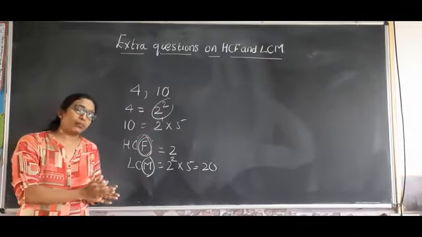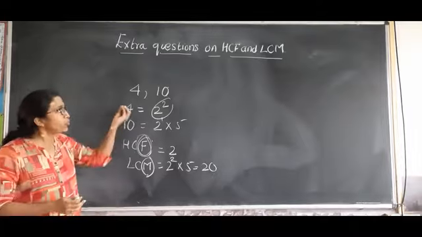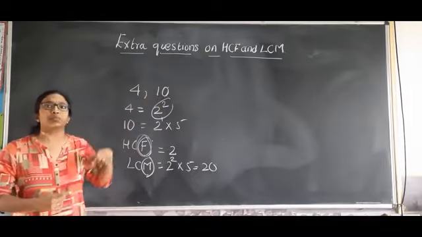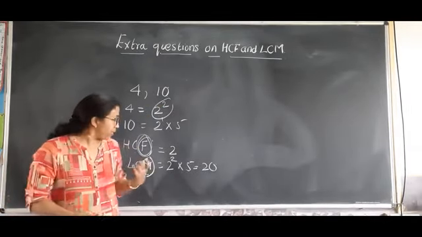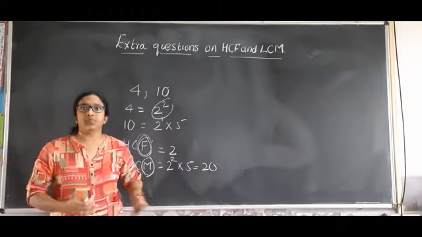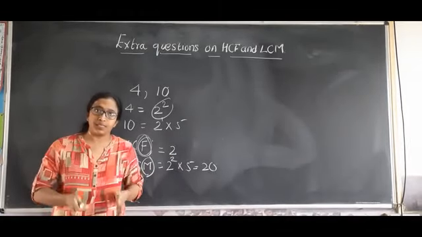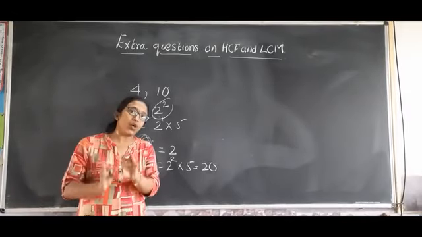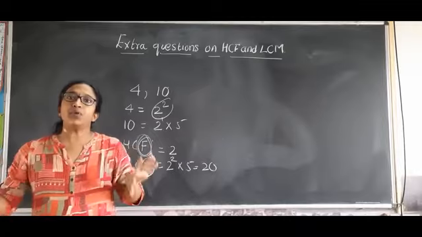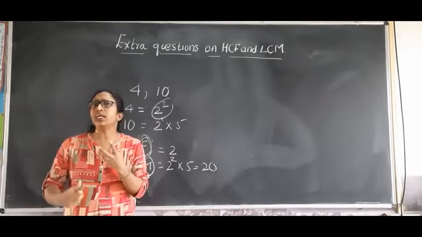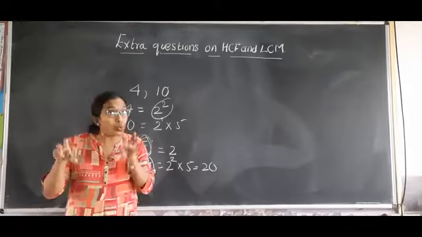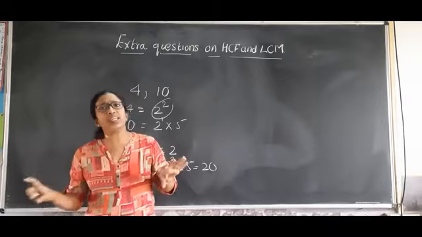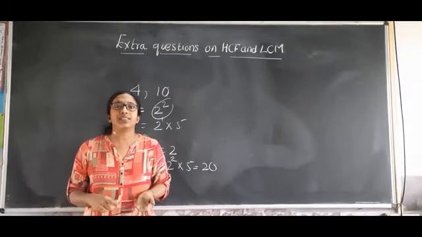From this simple example, I just wanted to explain that whenever you have two numbers, the HCF is smaller than the given two numbers, and the LCM is bigger than the two numbers. I'm stressing this because if you understand this logic, then when you read the statement problem, you will understand whether you require a number greater or smaller than the given numbers. The statement problem becomes very easy, and you will not get confused when to use HCF and LCM.